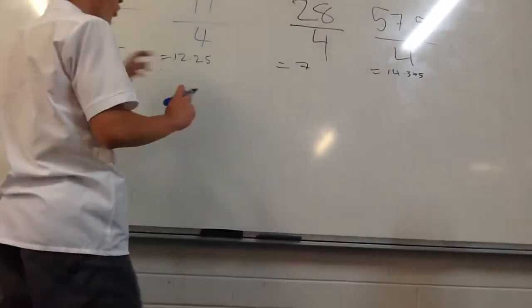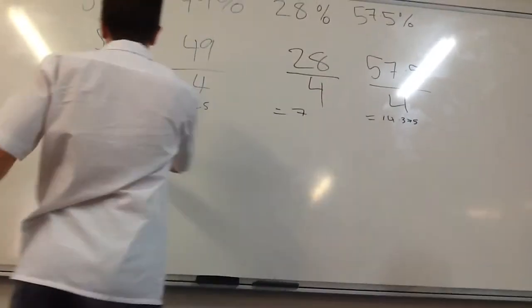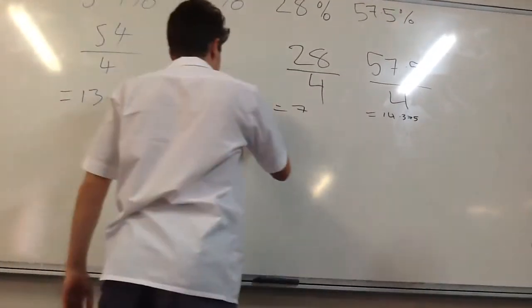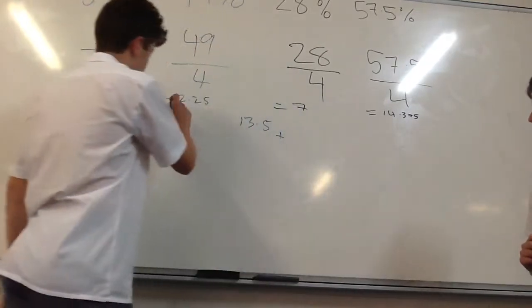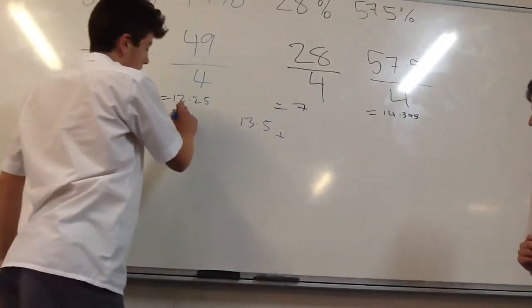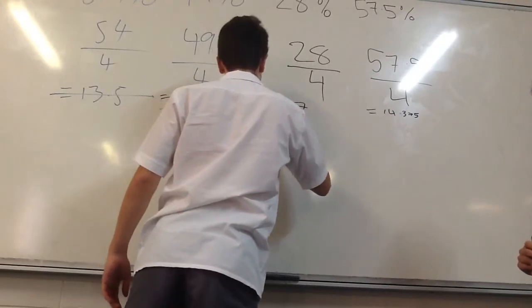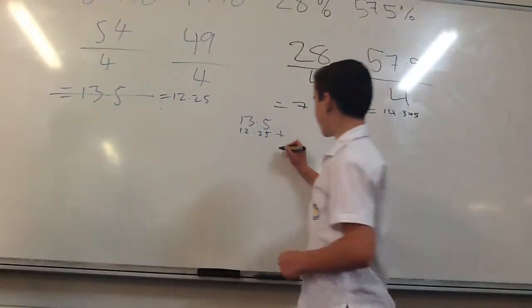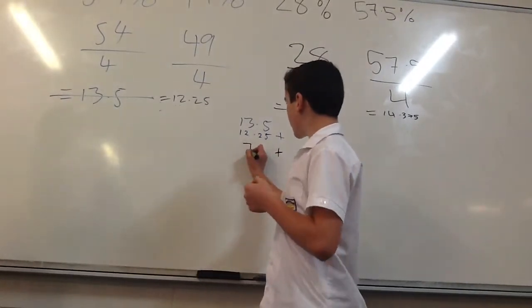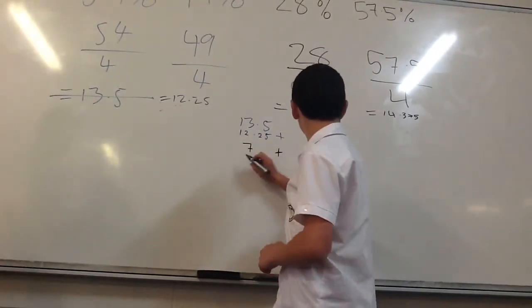Alright, so for the last step of this, we have to work out his final mark out of 100. So we have all these marks and we're going to add them all up. The first one, we've got 13.5. So we start off with 13.5. And you put a little plus sign here. We go to the next one, so we'll cross this one off. The next one, we've got 12.25. And then Craig will do the next bit. And then we can add another plus, and it'll be 7. And then we'll also add on